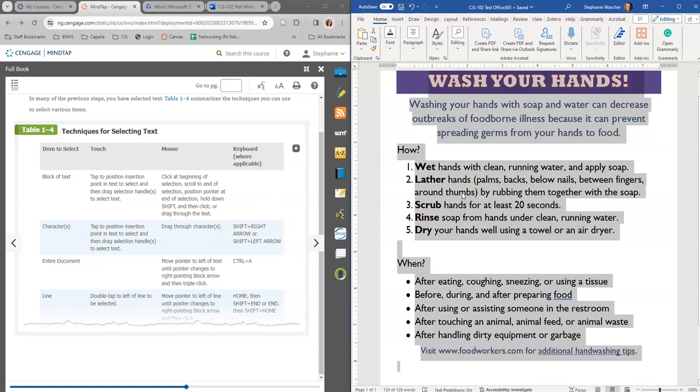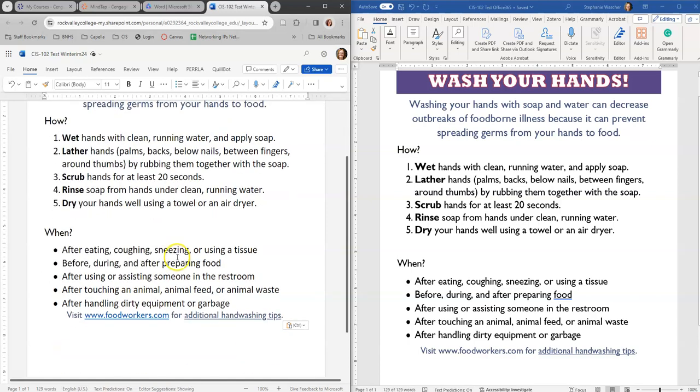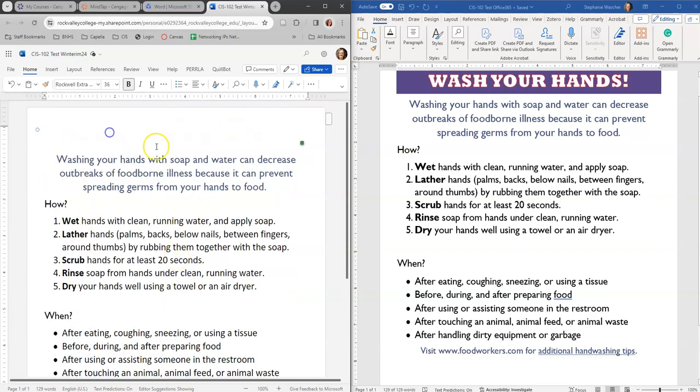It's Control A, Control C. So I do Control A to highlight everything, and then Control C is to copy. Then I'm going to go to the other document, do Control A, and I'm pasting it right over the top of this one. Yeah, look at how you can't even see